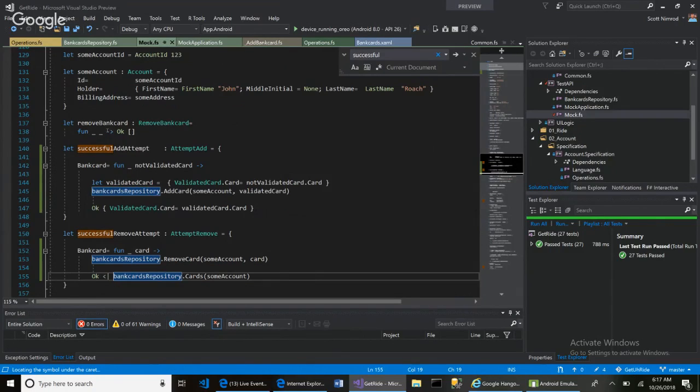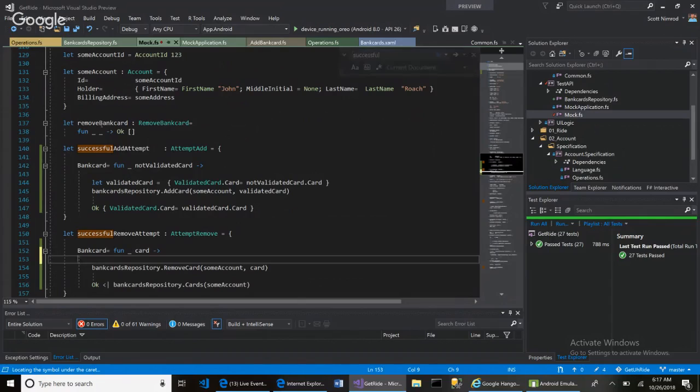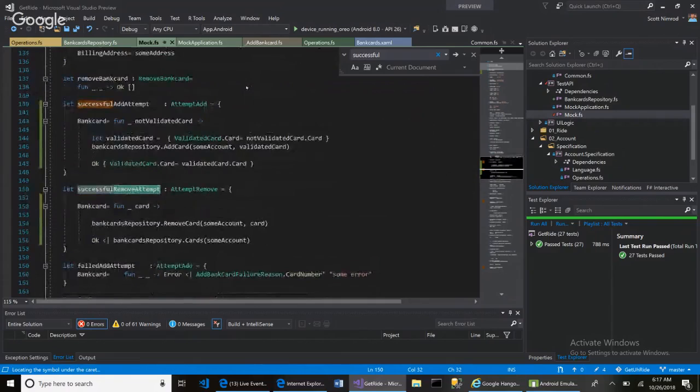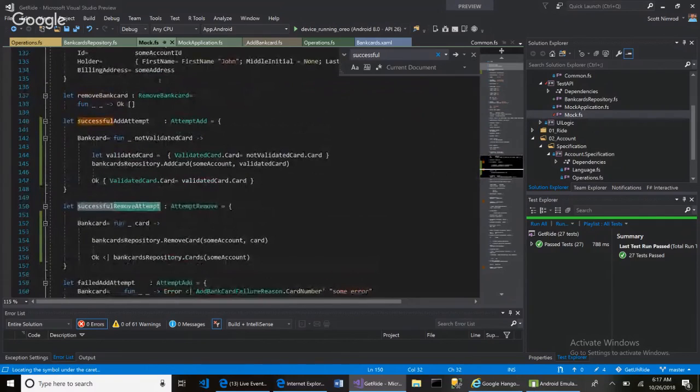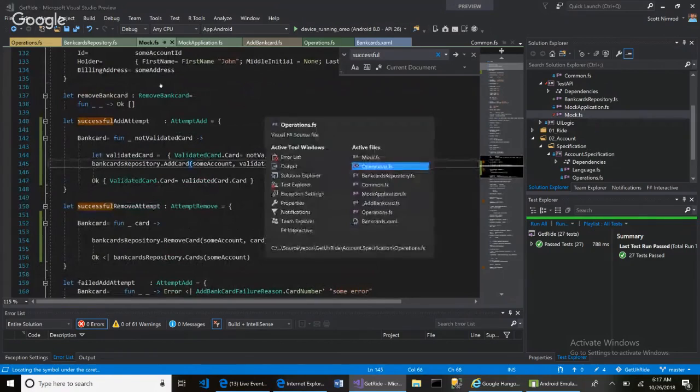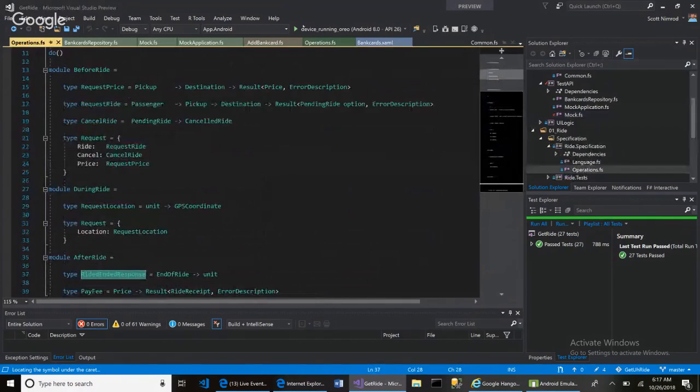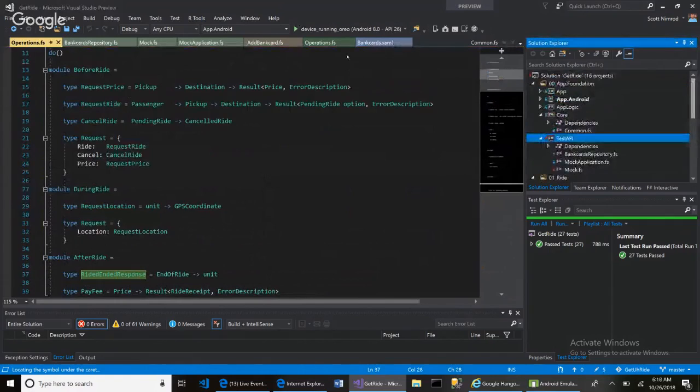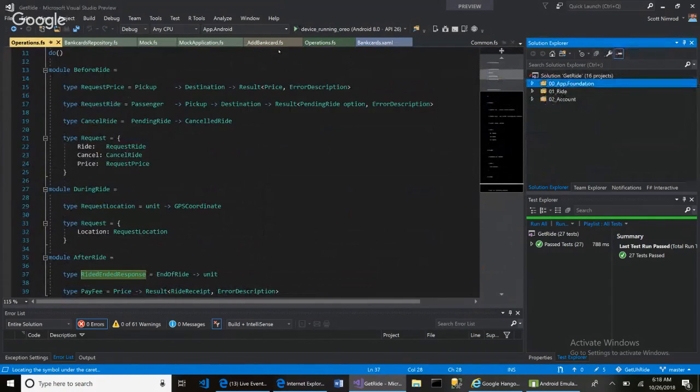Now what? I think that should be it for removing a card. Is there anything else? Yeah, there is. We want to just get the bank cards for an account. So if I go back to my operations, not for ride, but my operations for, let me close this account